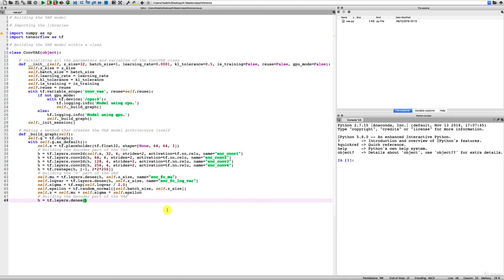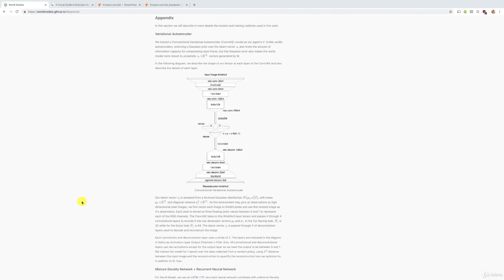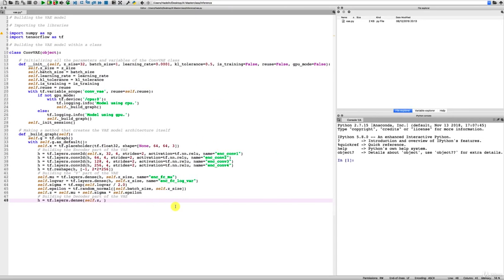So let's enter this input, self.z, as it is a variable of our object. And then remember, the second argument is the number of units in this dense layer. And as we can clearly see here, it's going to be 1024 units. Don't worry about the 1 times 1 times here. This is because we'll need to reshape it, but we'll do it right after that. First of all, let's get these 1024 units in the second argument,